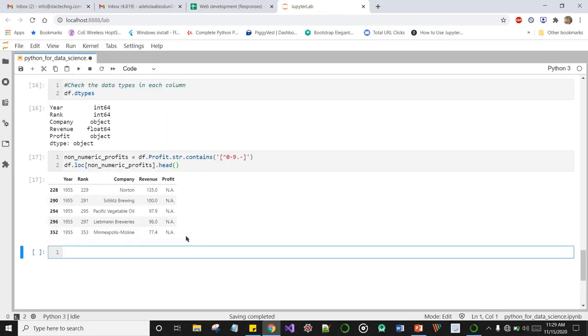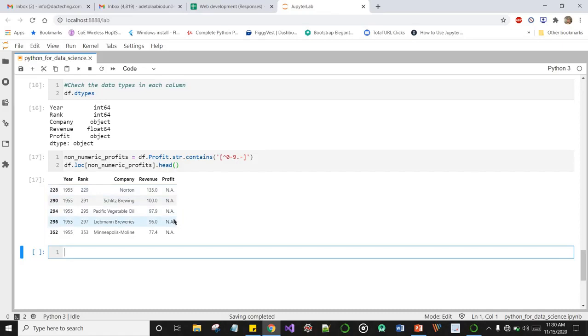So if we do shift enter, oh, our guess was right. We have some particular values in our profit column as strings. Okay, and that's N.A., maybe not applicable or something.